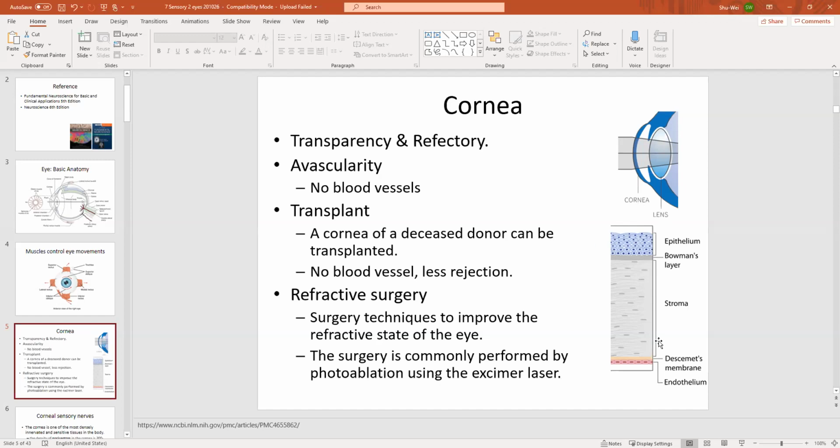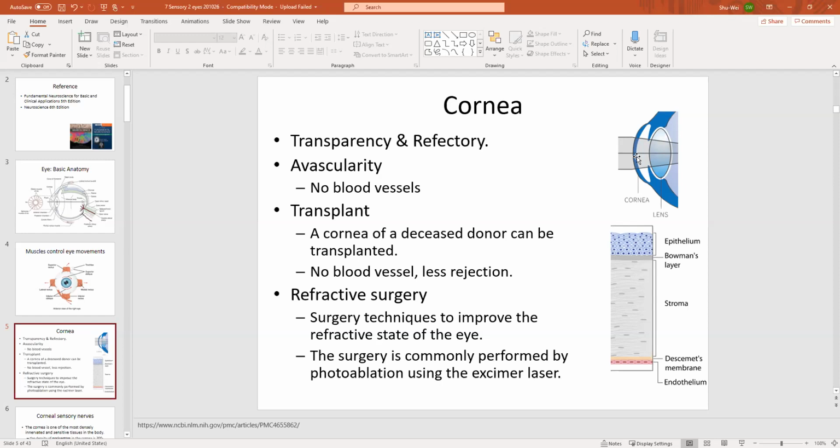So the first thing you need to know is that the cornea has live cells. The cornea is transparent, even though there are live cells. It's very interesting that there are several studies and research efforts trying to explain why there are cells, but it's transparent. It could be the way the cells are organized. So even though light gets reflected, it eventually gets through, and we just feel it's transparent. It could be like that. All right, so it's transparent. The cornea is also a very important portion to conduct light